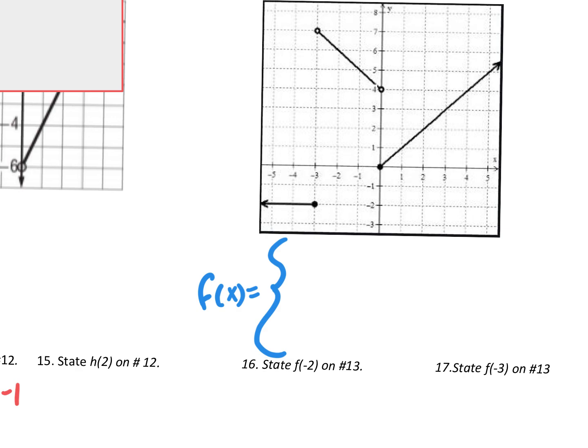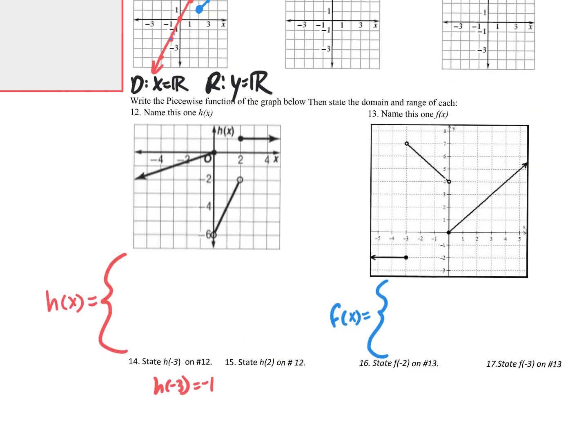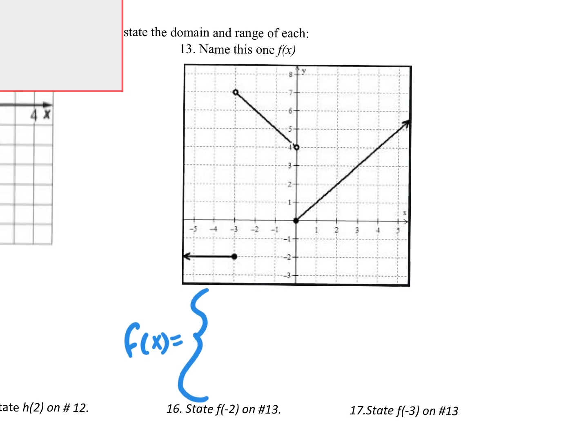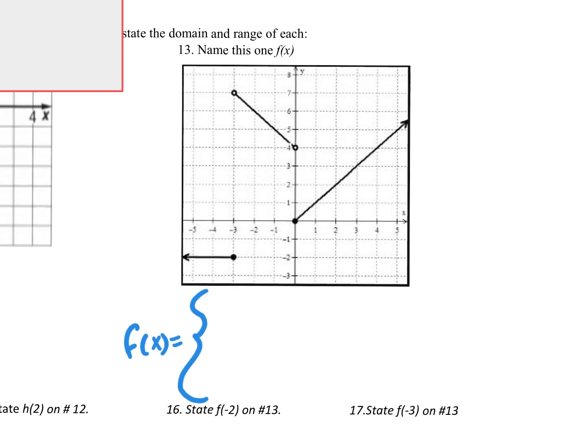Work on that worksheet. Okay, so I'm going to throw in this final explanation on this guy. We want to state the f of x function, okay? And we want to state the domain and range. So whenever we look at these guys, I recommend looking at it from left to right. We do see a solid dot right here going this way forever. And what